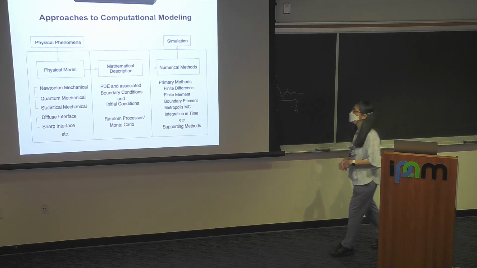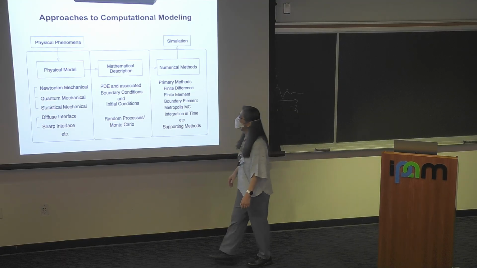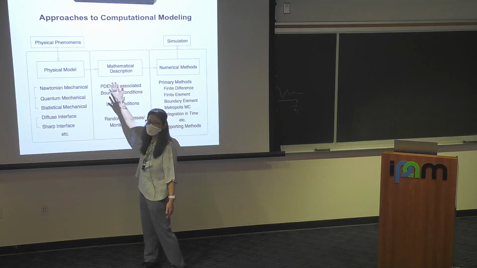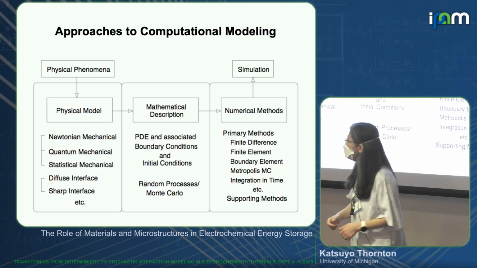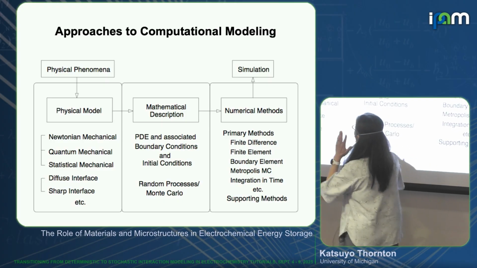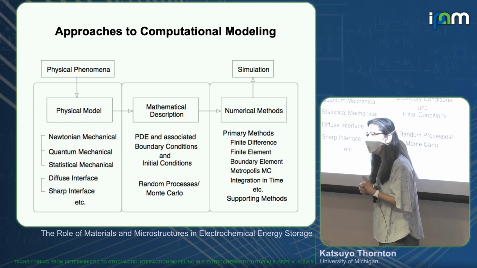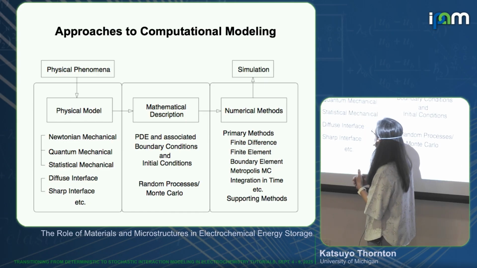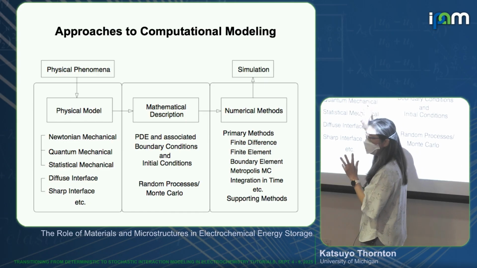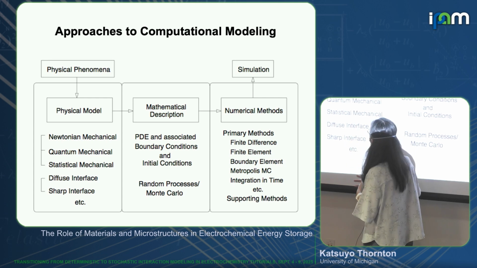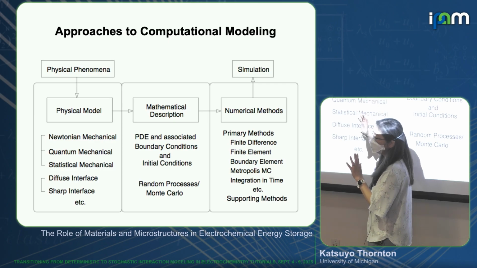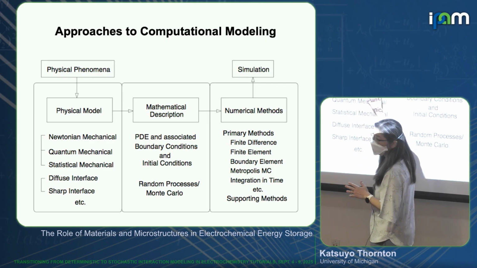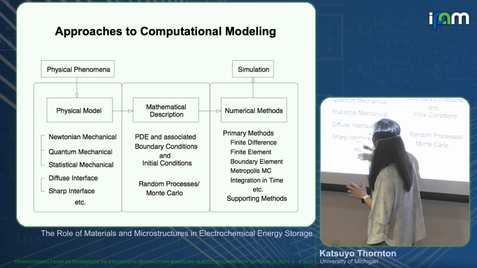So the way we start typically is to look at the physical phenomena. So that is usually experimental results. And then we start thinking about how do we describe this phenomena? And that's kind of where our domain knowledge comes in. And then, depending on the problem, you can do classical dynamics, like molecular dynamics, or maybe you have to